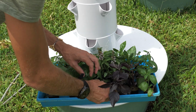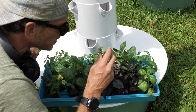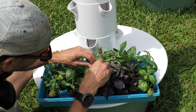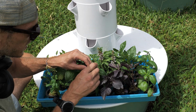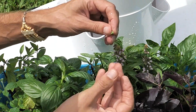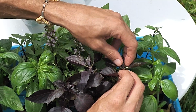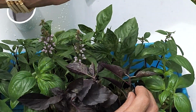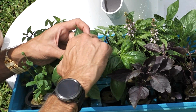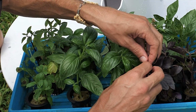So now what I'm going to do, right before I put them all in the tower garden, is I'm going to top all these plants. Let me tell you what that is. You're going to go in here to where your new growth is and just take that new growth coming right out the middle. Just take that top right off. You know, this one, see right there, I'm just going to pluck that whole thing. So for this one, I could take just this very top right here. There you go. You just take that little top bit right off,